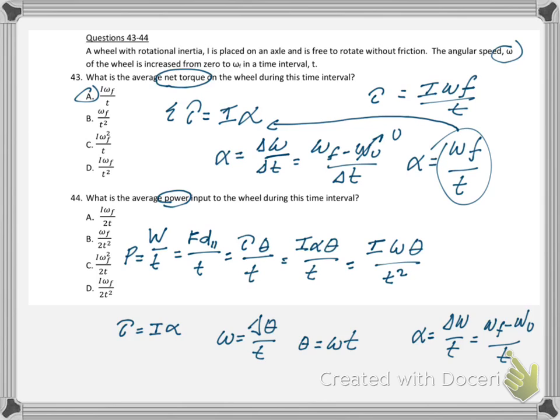And since we started at 0, it's final angular velocity. So now if we can get rid of that theta by going back and using this, we would have moment of inertia, angular velocity times angular velocity times time all over t squared. This t and this squared would disappear, so we're left with something that looks, whoa, we lost